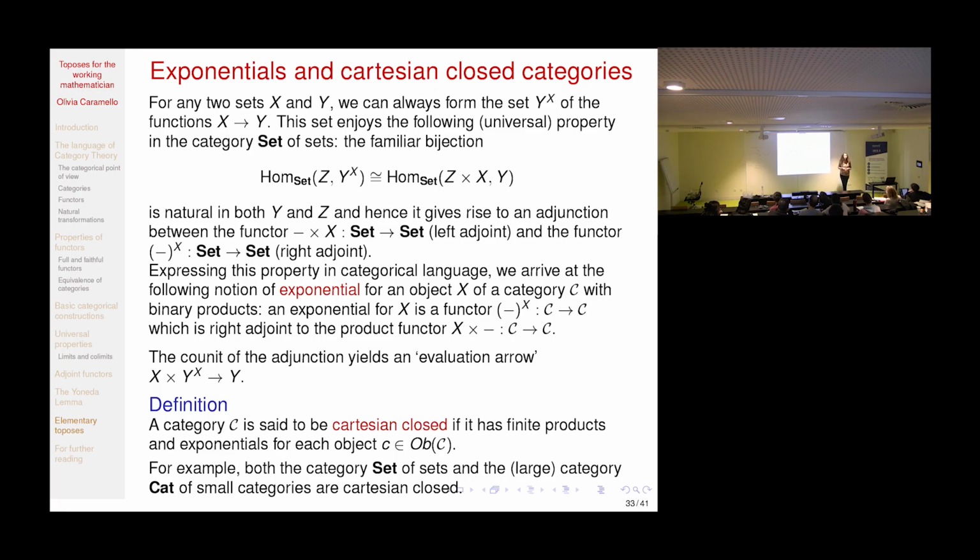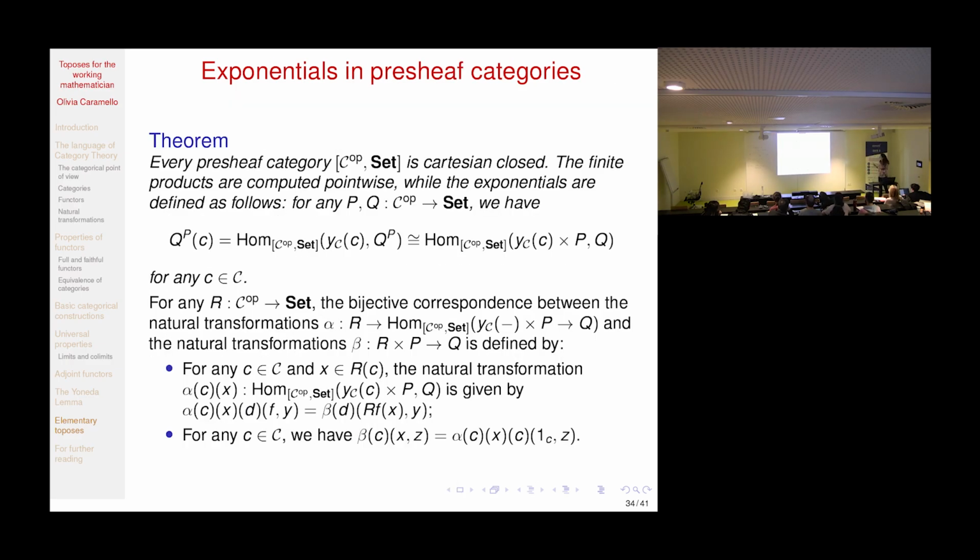What is the exponential of two categories? It is the functor category. You can show that it is this. Exponentials can be concretely built in categories of presheaves by using the Yoneda lemma. Suppose that you don't know how to define them. Well, you can use the Yoneda lemma and say the value of this exponential at an object C should certainly